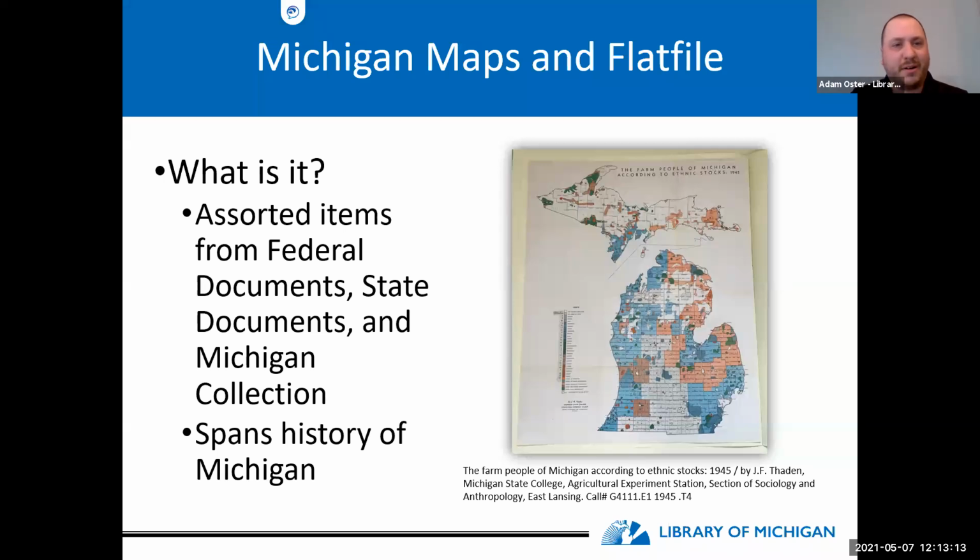Other different maps and flat files. So we try to have everything from federal level, state, and local, that spans the history of Michigan. I like to highlight this particular one: the 1945 Farm People of Michigan according to ethnic stocks. So if you were trying to find where Finnish farmers were, and African American and Dutch and Flemish and English and all of that, at that time period they did sort of a census of all these different farmers,